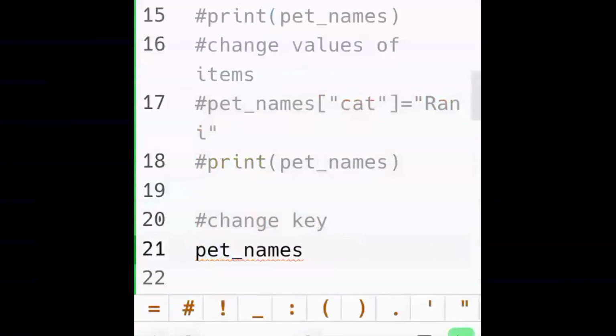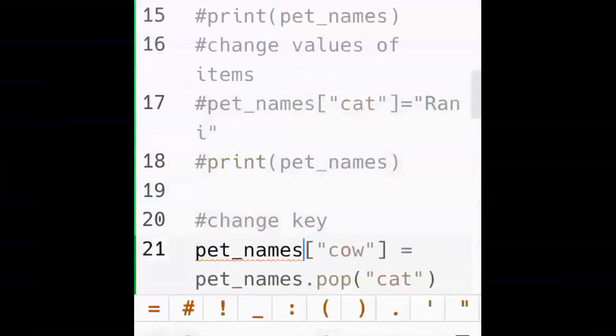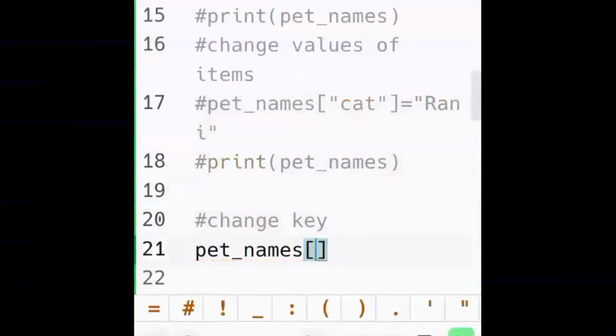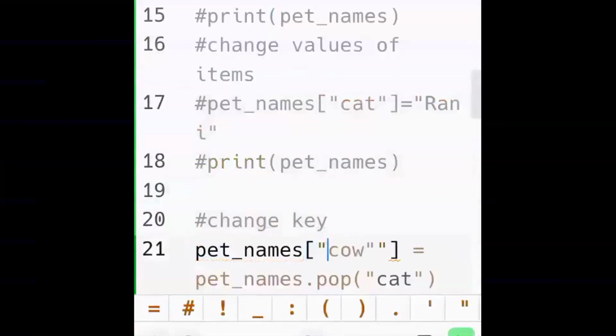Let's consider the same dictionary, which is pet names. That's my favorite because I love pets. Love dogs, cats, cows, monkeys, all of it, rabbits. I'm a lover. I hate people who do animal cruelty. So if you're cruel to animals, don't watch this video. You don't deserve to do Python if you're cruel to animals. Right?